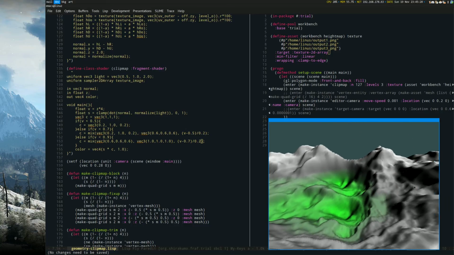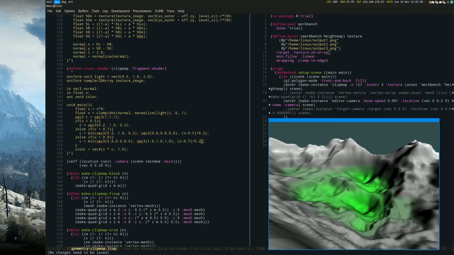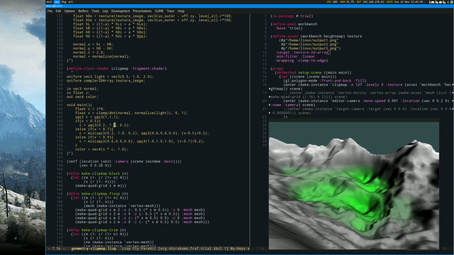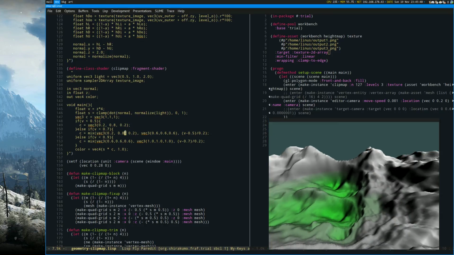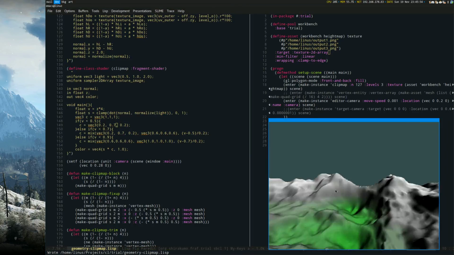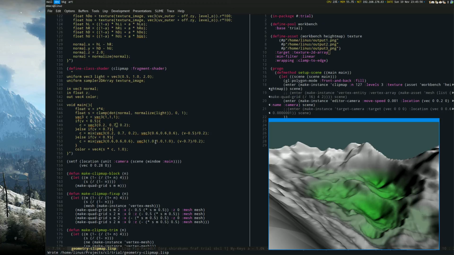Obviously this is very boring because it's just uniform in height. There's nothing in terms of making it more detailed. Yeah, I might want to make this some more agreeable color. I also make it